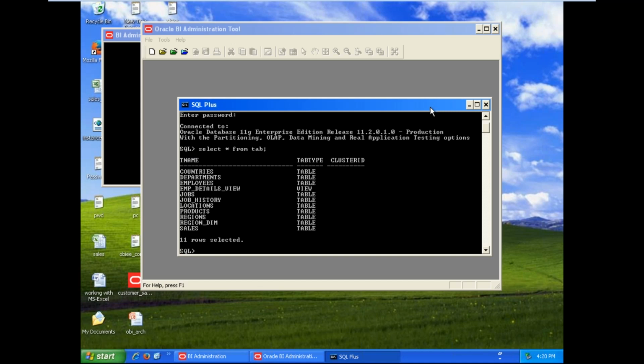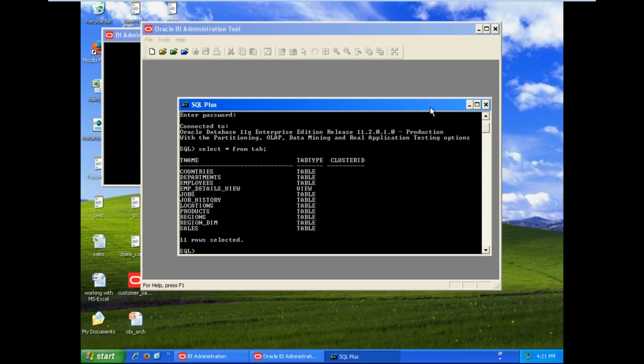You can see that when we write a query like this, select star from tab, it lists all the objects available in the current user. We need to verify what objects are there. As a BI developer, we need to know what objects are available in the database, and whether they are sufficient for the requirement. We should be in a position to write some SQL queries as per the requirement.